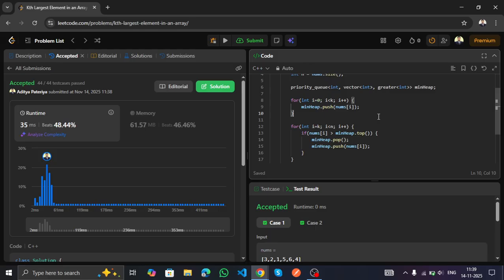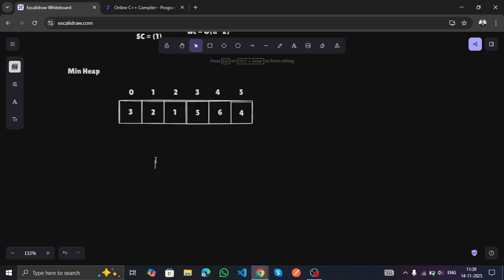So in that case the time complexity for that approach is going to be n log k. This is the time it is taking, and if we see the space complexity, it is taking k